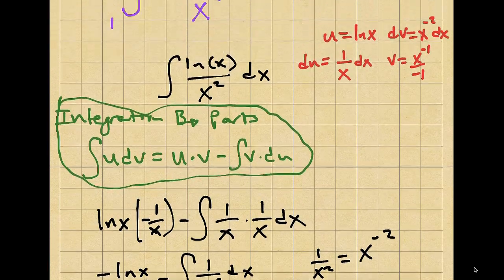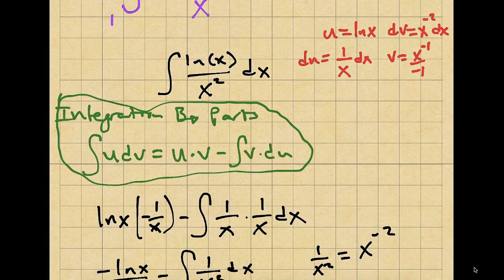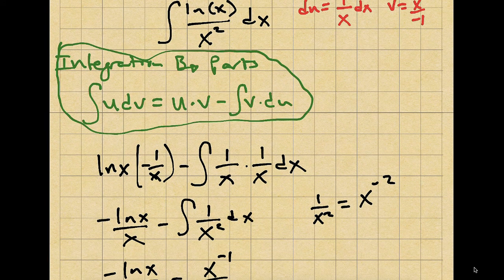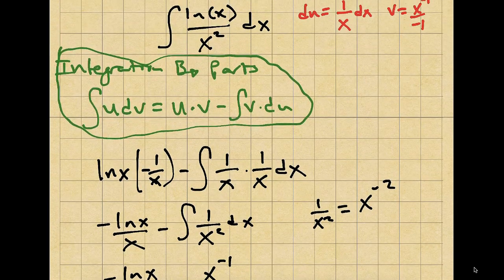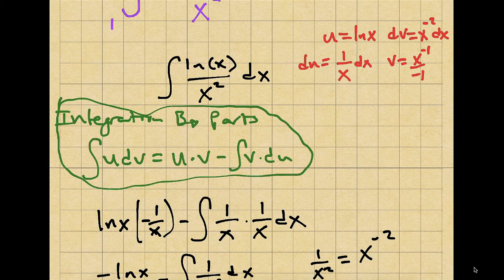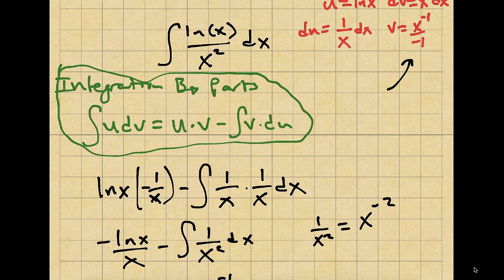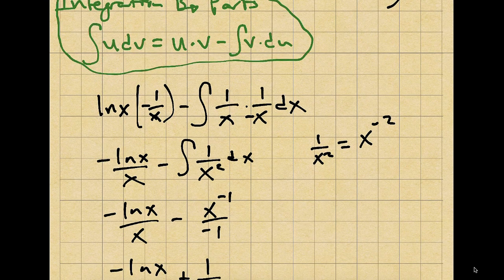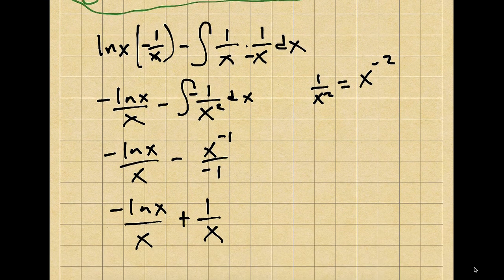I think I missed a negative in there. Yeah, I missed a negative in there. Sorry. So let me back up, put that negative in there. There's a negative right here that I missed. So go back into here, and there's a negative right there, which is going to make this negative, which is going to make